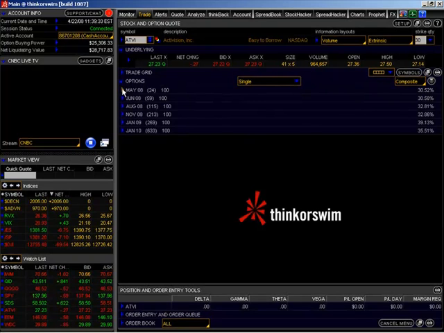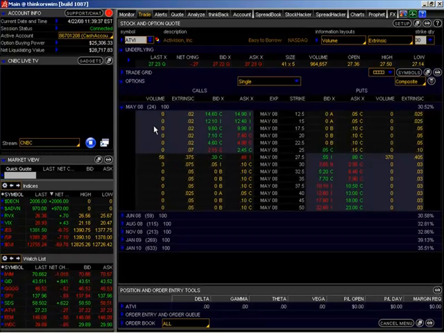So, for example, if you thought there was an imminent move in Activision, you could purchase this option for 40 cents today at $27.50, and if the stock did move up beyond the $27.50, you would actually start making money. But what happens if the stock doesn't move? Well, if the stock doesn't move,